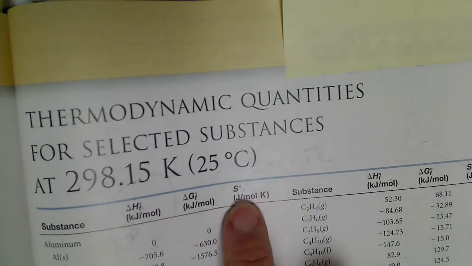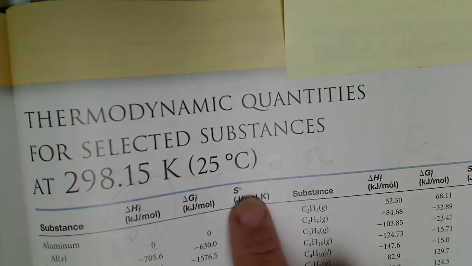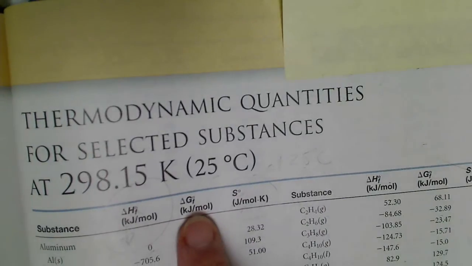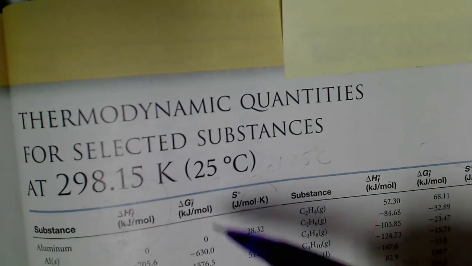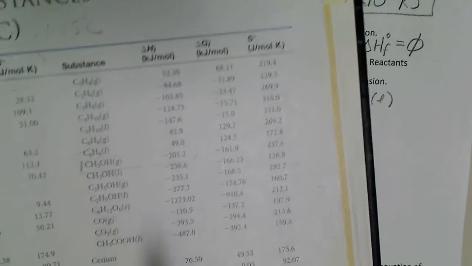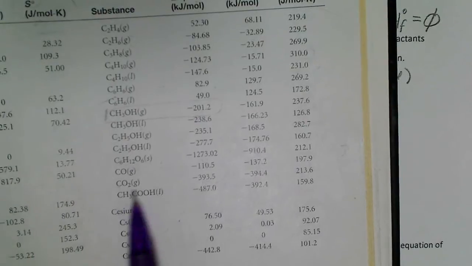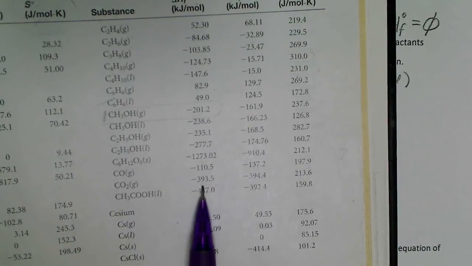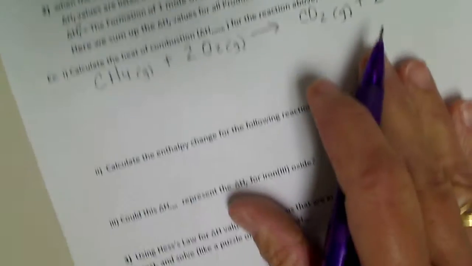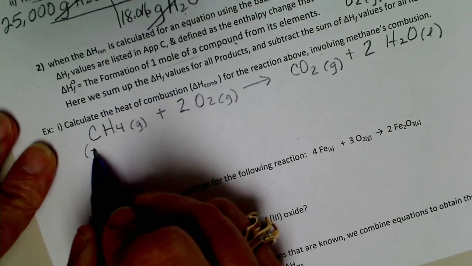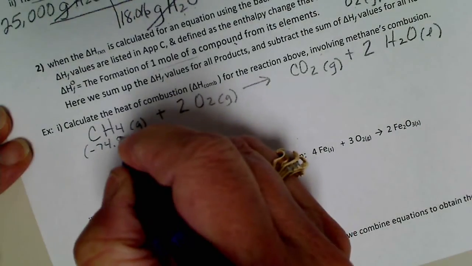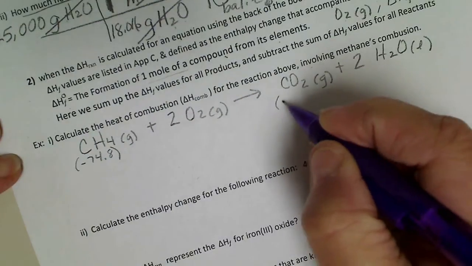The S is from the second and third laws of thermodynamics, that entropy term we talked about on the previous slide, and delta G is free energy, so we're not going to care about the second and third columns. If I look over to CO2 in the gas phase, CO2 gas has a value of negative 393.5. So I'm going to write those two values right here. That was negative 74.8. The CO2 value was negative